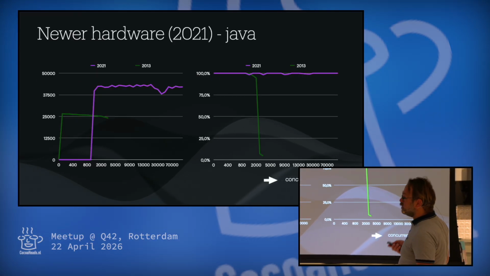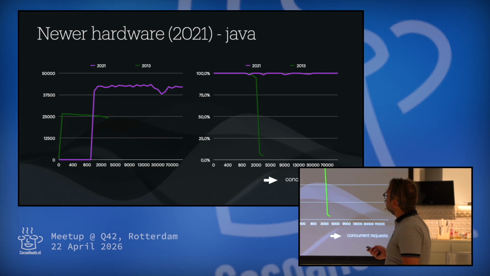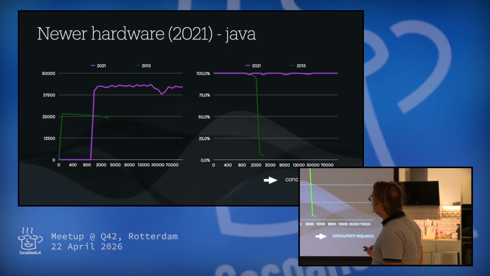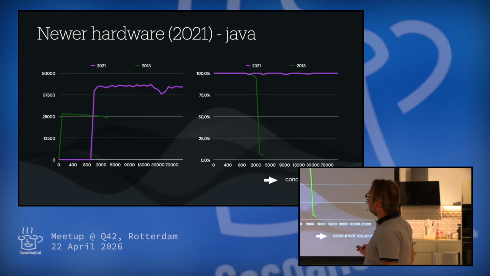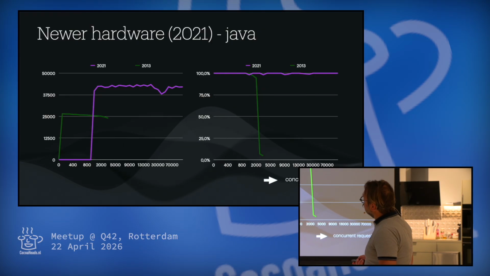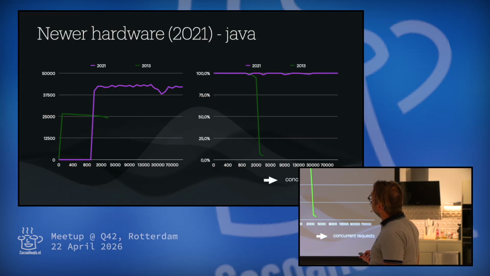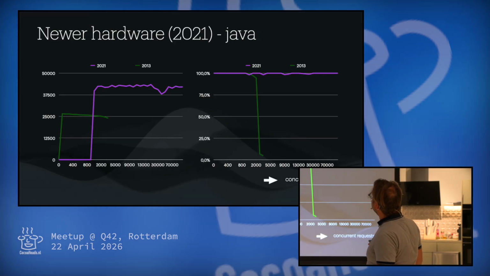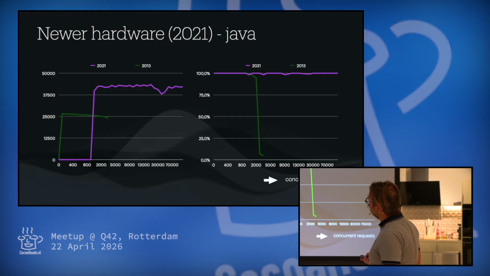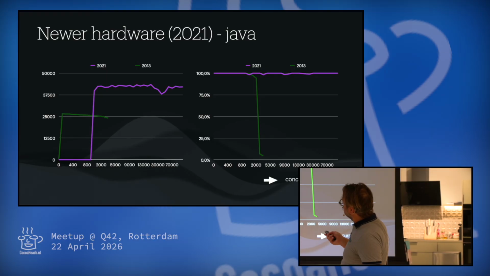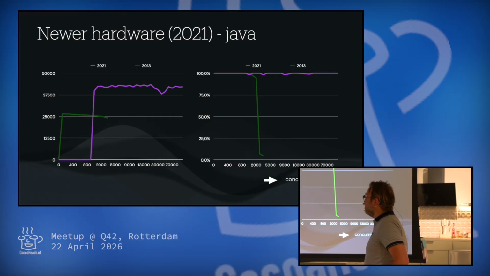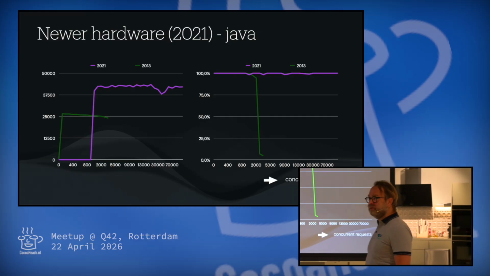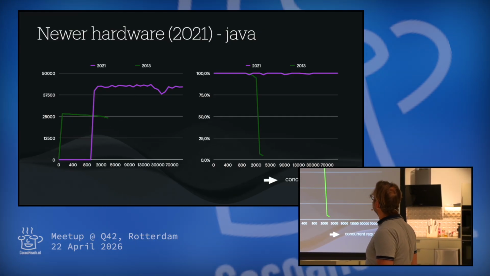So I also have a newer server, which replaced the other one, which was, I don't know what, 2021 and 13 it says here, yeah. So I bought a new server in 2021. There I ran the same benchmarks. So you see here on the old server, this is Java. The old server handled about 25,000 and the new one handles about 40,000. So even though it's 8 years younger, it's still not really a huge leap in consumption.